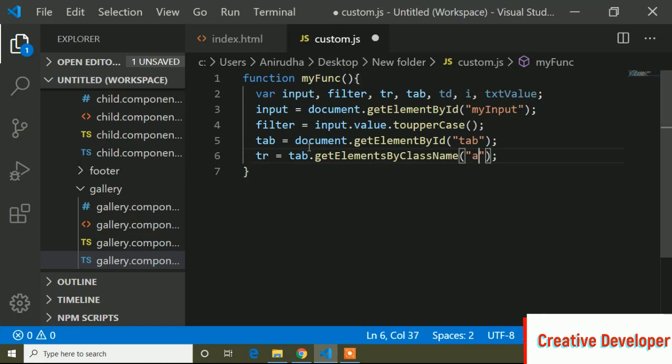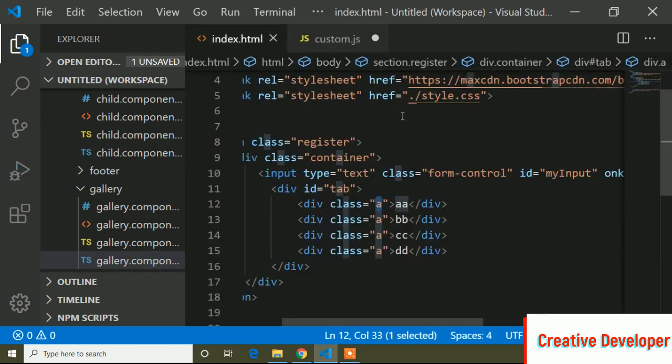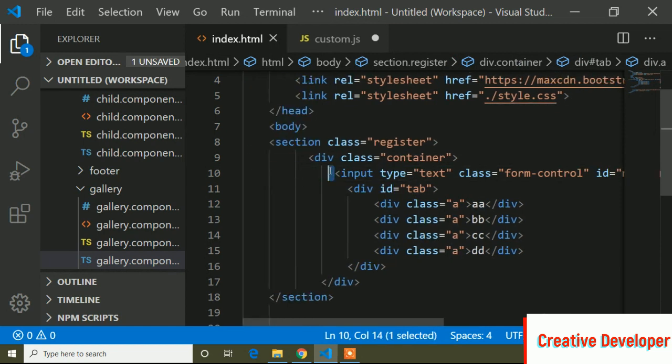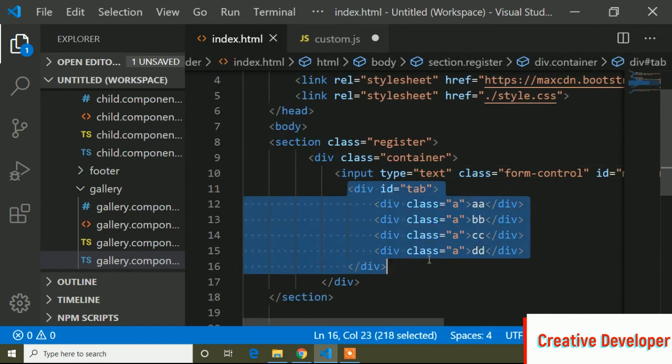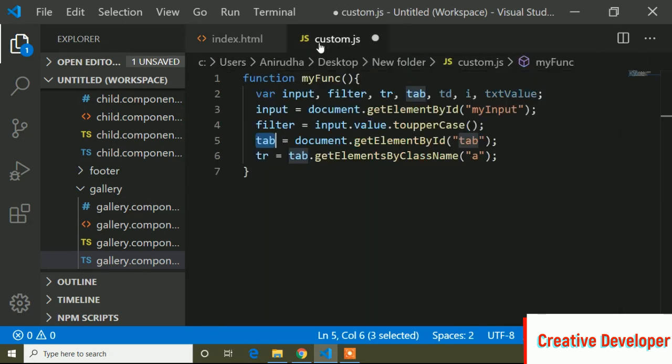So here I have done this tab, that means when I will search this input, the value will be shown inside this tab variable, tab IDs.